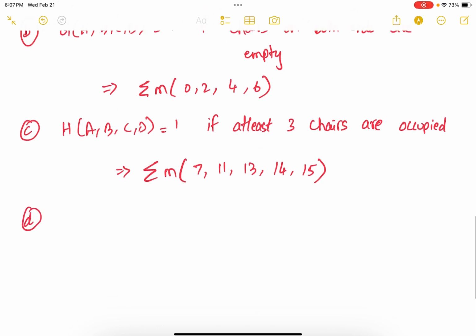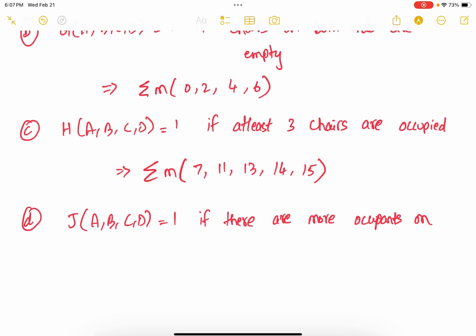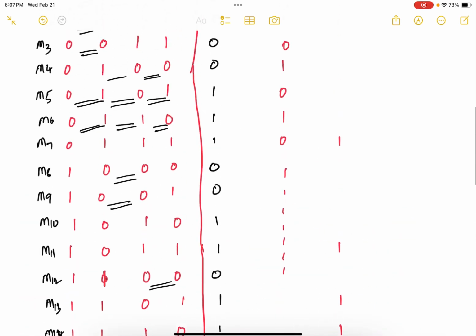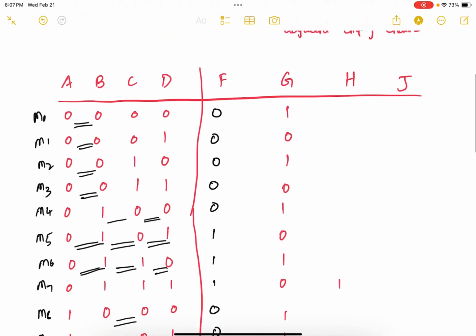Let's take the final part, which is you have a function J of ABCD, which is asserted if there are more people sitting on the left 2 chairs than on the right 2 chairs. So if there are more occupants on chairs A and B than in chairs C and D. Again, it's a simple problem. So J would be,